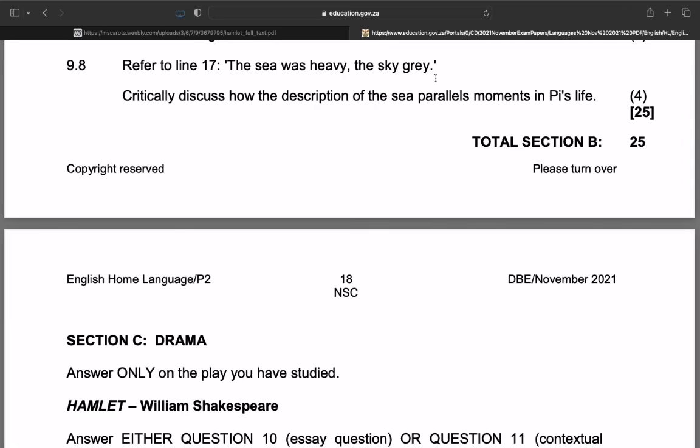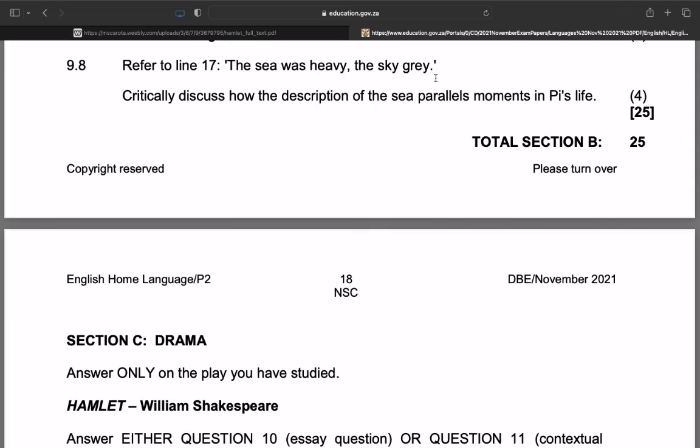experiencing traumatic events. For example, the death of Orange Juice, the death of the zebra, even Richard Parker killing the hyena. And because of this, Pi struggles to be optimistic. So the sea was heavy. The heavy implies a deep sense of despair and hopelessness. Grey can also refer to losing hope and being depressed. You mentioned why. You must provide context. His family's death, being alone, experiencing the atrocities on the lifeboat. He struggles to be optimistic,